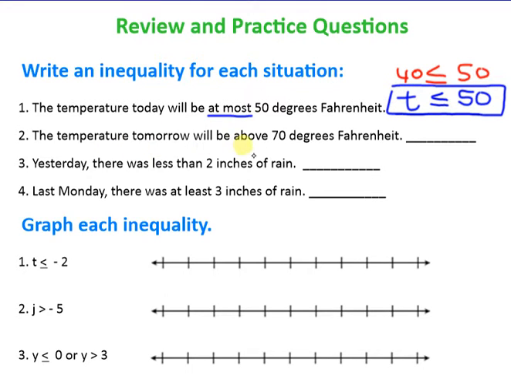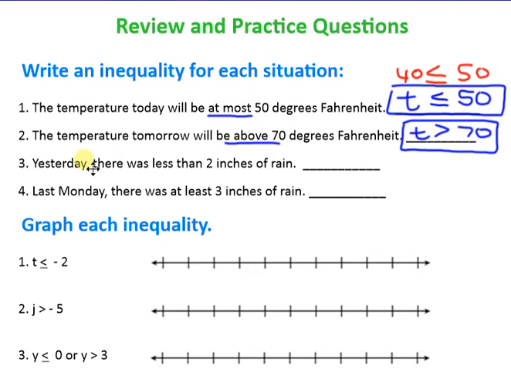The temperature tomorrow will be above 70 degrees Fahrenheit. So again, I'm going to use T for temperature. You can use whichever you want. I'm going to use 70. And then above, and above is a pretty straightforward one, so this T needs to be above 70, so it's going to be greater than,